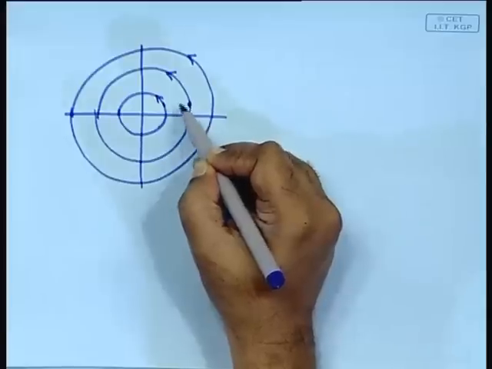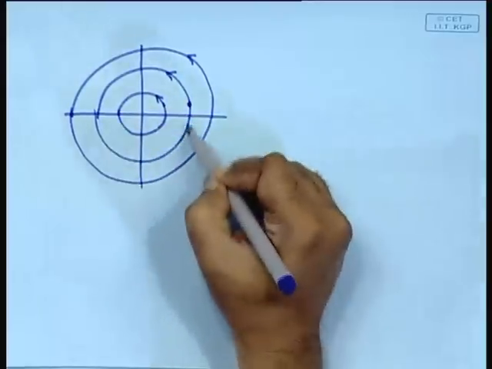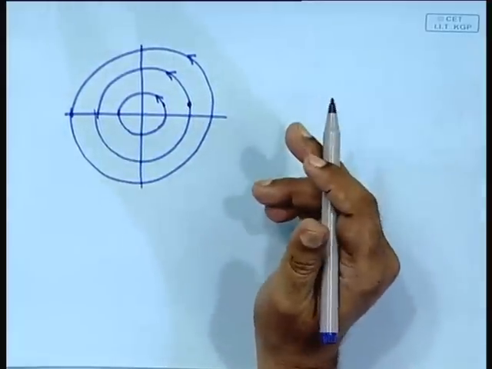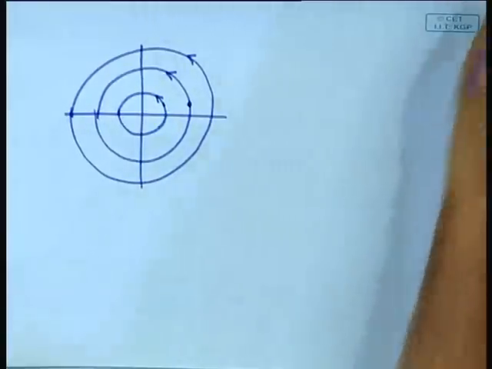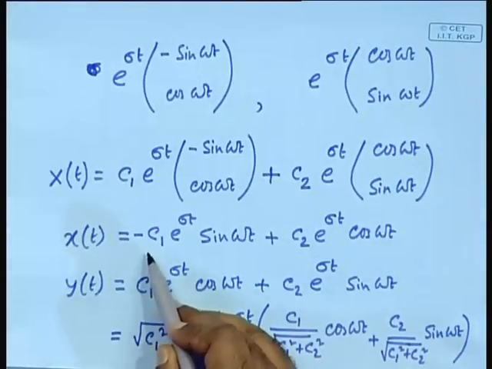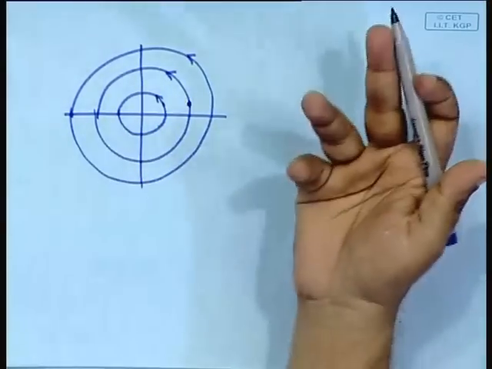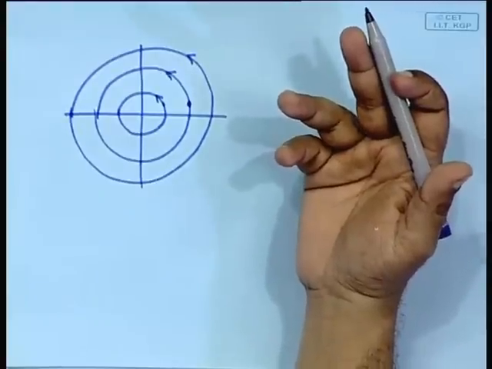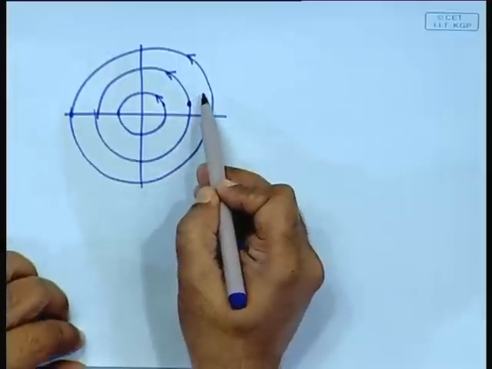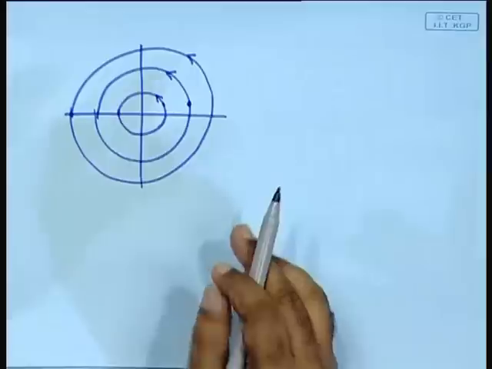How about the time? How long does it take for it to come back here, and how long does it take to come back here? What does it depend on? Omega. Since C1 and C2 do not depend on omega, they depend on the initial condition, and therefore in all these the period of revolution should be the same, given by omega. Frequency should be the same. Clear? So, wherever you may start, it will see the same period of revolution, same frequency.